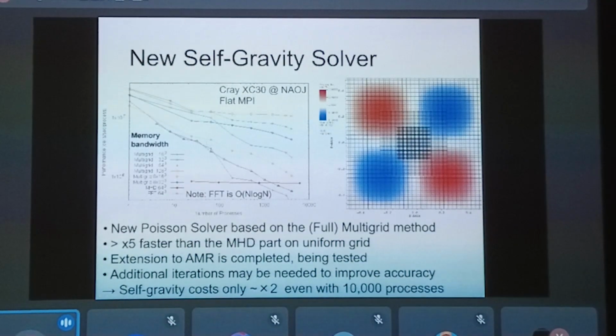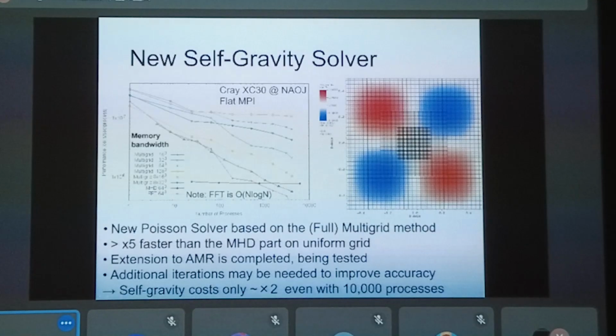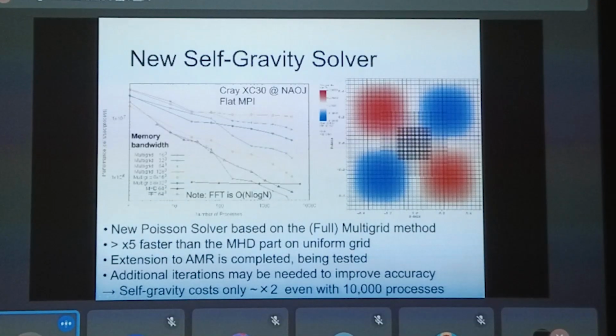And also let me note that this black line is the performance of the self-gravity solver using FFT. And FFT doesn't scale very well, so it declines continuously from the beginning, and it is not as fast as MHD, even at around 1,000 cores.